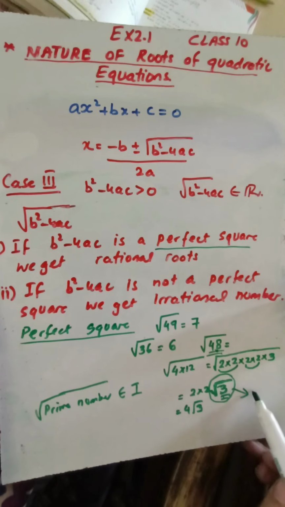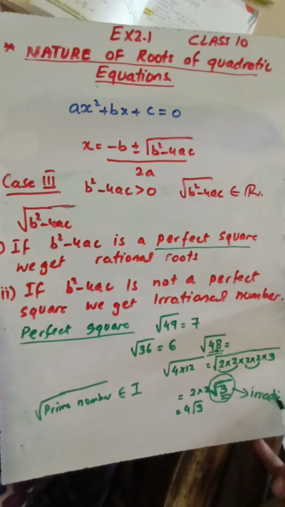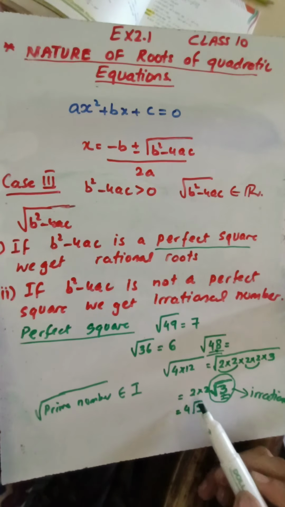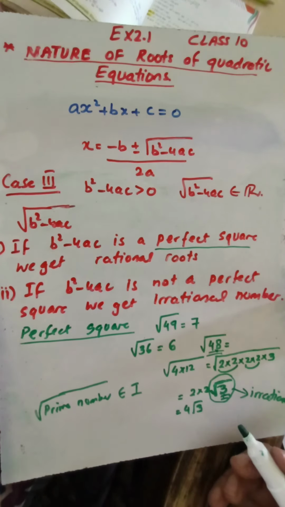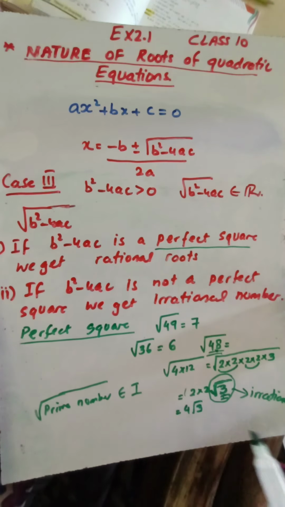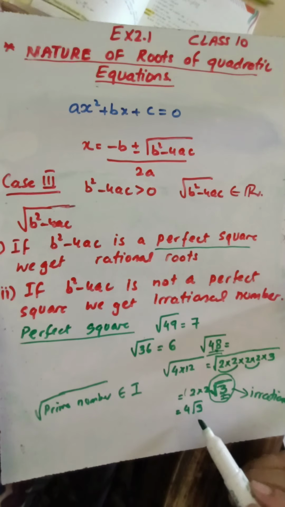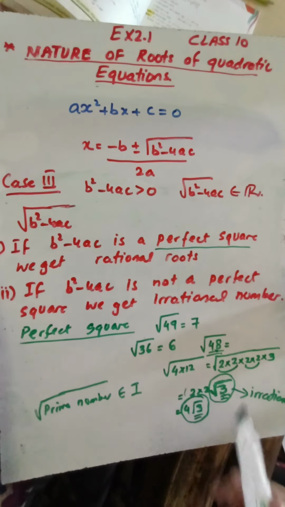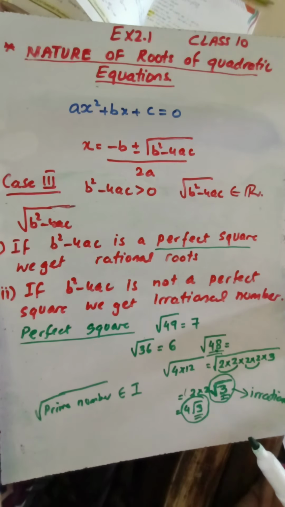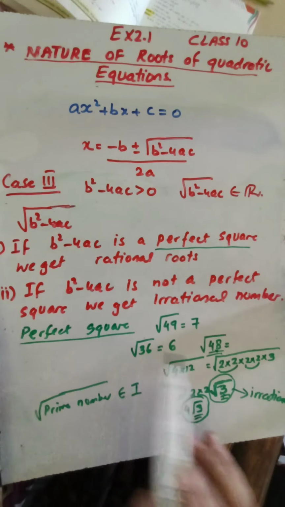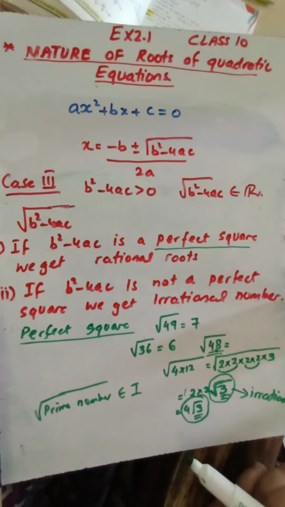Now this gives you irrationality. Root 3 is an irrational number, and whenever an irrational number is multiplied, added or subtracted with some other number, whether rational or irrational, it makes the whole number irrational. So if root 3 is irrational, then this whole number will be irrational, and when this is added to any number, again we will get an irrational number. So this is the impact of a perfect square and a number which is not a perfect square.